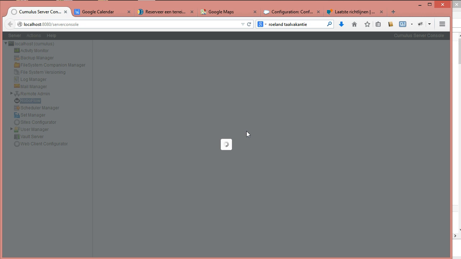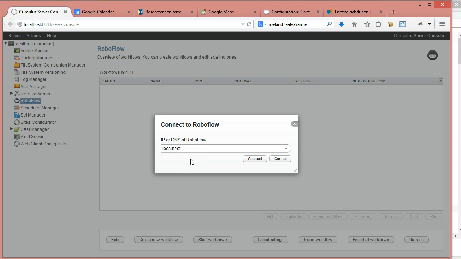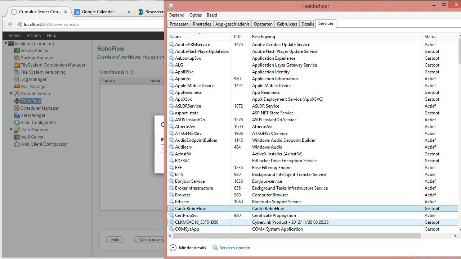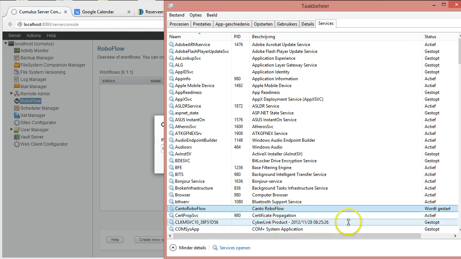Now you will notice that at this point, if you click on Roboflow, it doesn't find it. There can be two reasons why it doesn't find it. It is looking by default on the current computer where Tomcat is installed, from where you are running the server console. So it could be that Roboflow is installed on that same computer. If that is the case, you have to check if the service is running. In this example, I stopped the service to be able to show this. If I start the service, then when I try again, it will